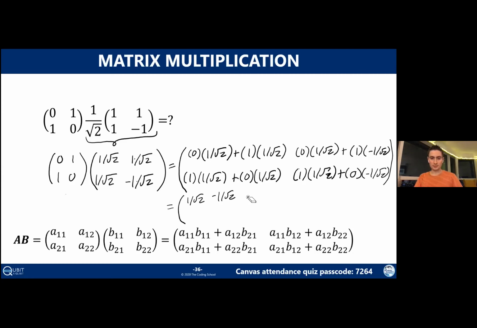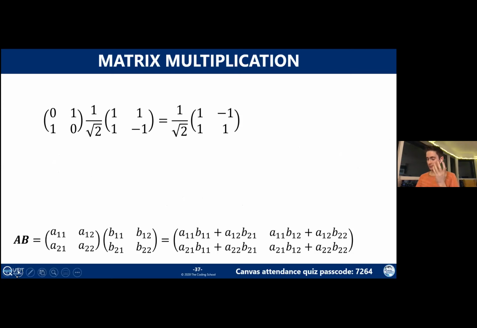And then down here, I get 1 over root 2 again. And here I get 1 over root 2 again. And so that should be our answer. I'm going to jump to the next slide. And indeed, that is what we got. So here they've just factored out the 1 over root 2. But remember, we can write this equivalently as 1 over root 2 minus 1 over root 2, 1 over root 2, 1 over root 2, which is what we got before. So tedious, yes, but all you need is that formula.